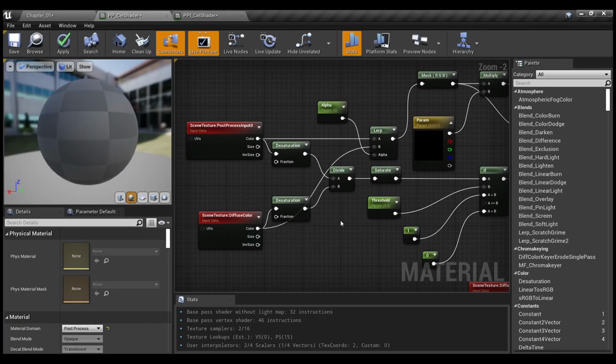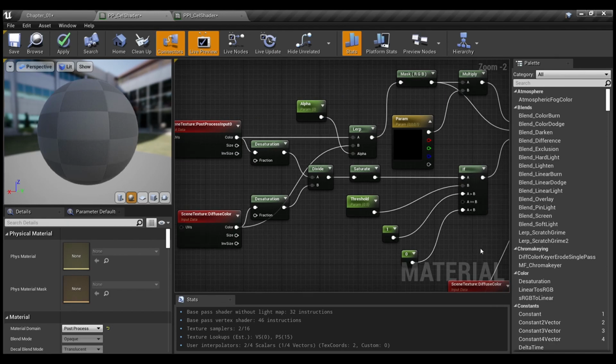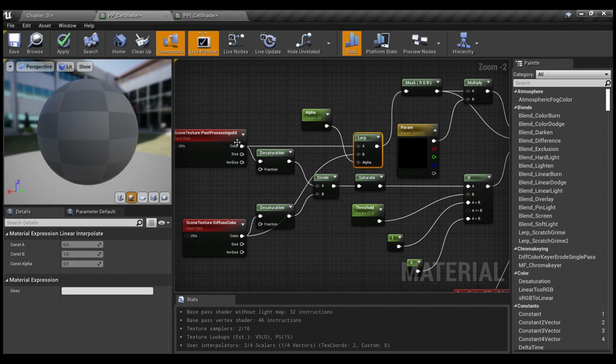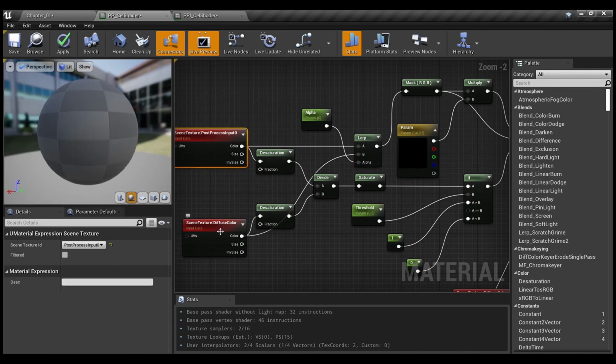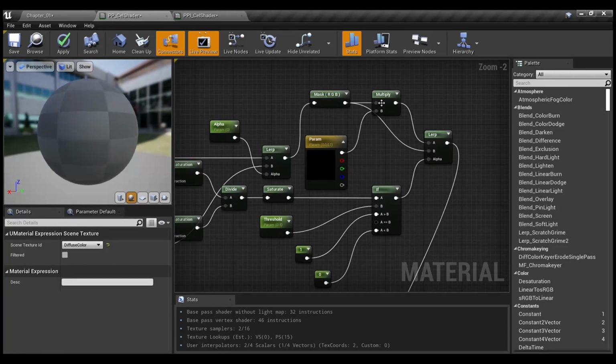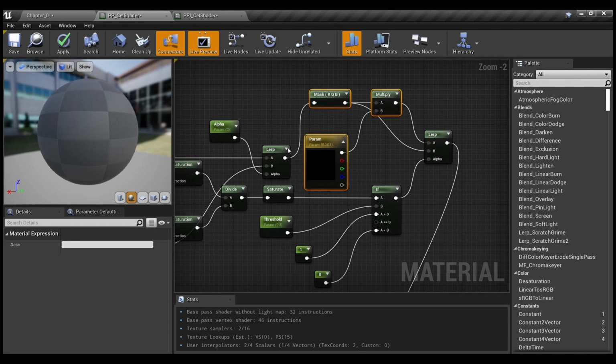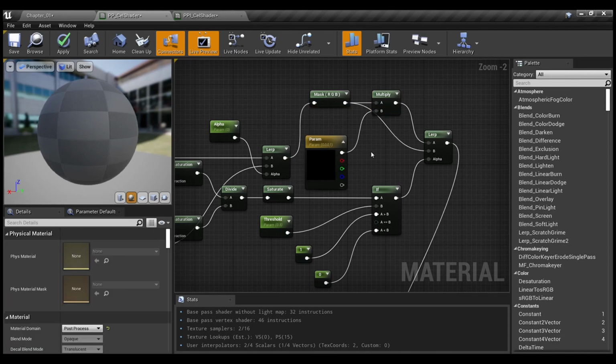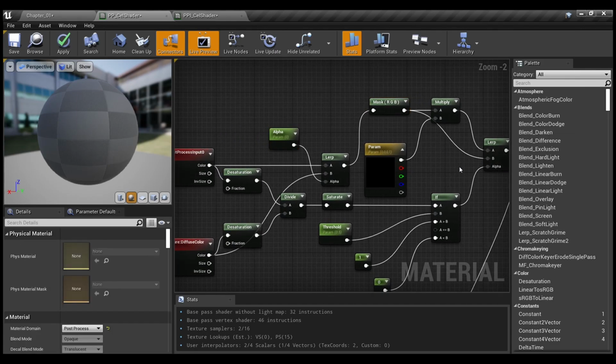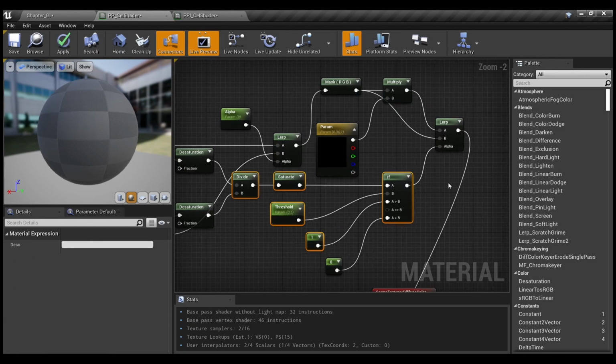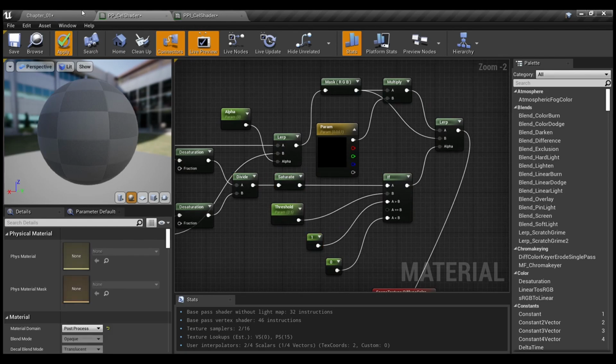So please take a look. Extracting, then lerping between just input and diffuse color, then multiply the result by the color attribute and lerp it between without color effect and lerp it with our mask. So if you press apply,